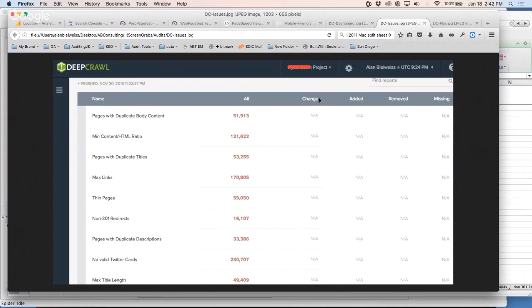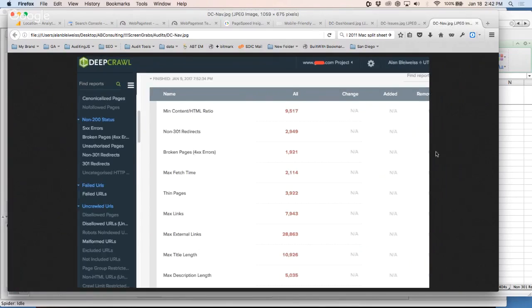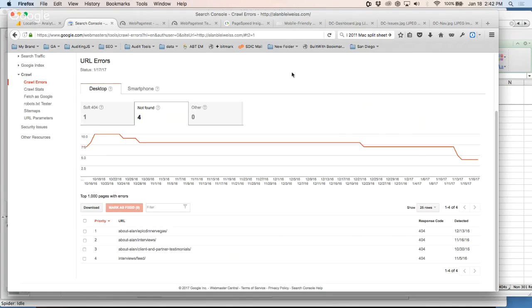And that's where you have the columns here for changed, added, removed, to show you over time where there was improvement and gain. You can monitor the work, right? DeepCrawl is really powerful, just like Screaming Frog does all different kinds of reports, and you could just drill down further and further and further. So I use DeepCrawl a lot as another one of my tools. And that's just generally it.